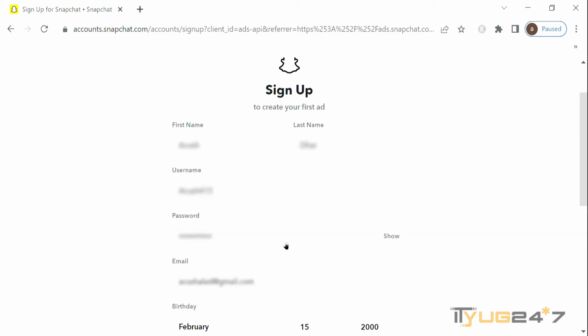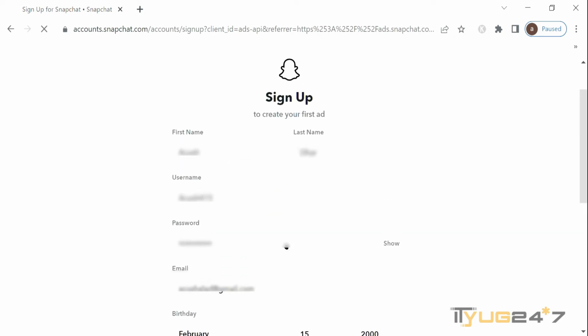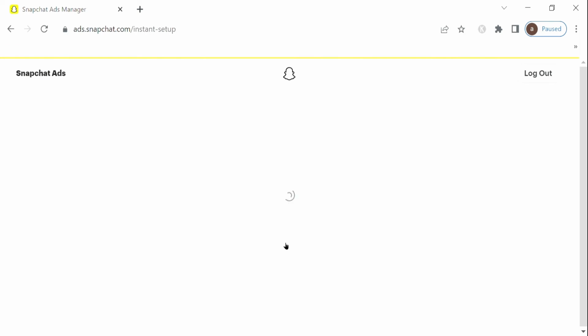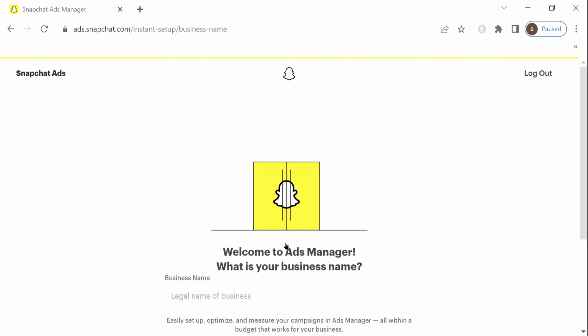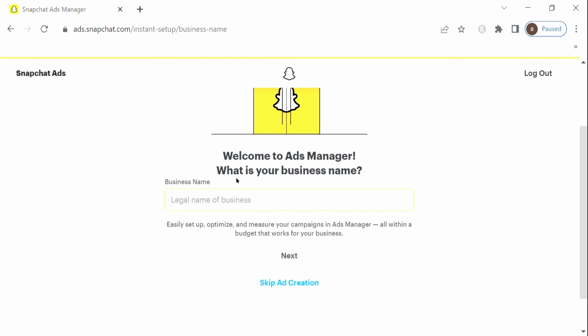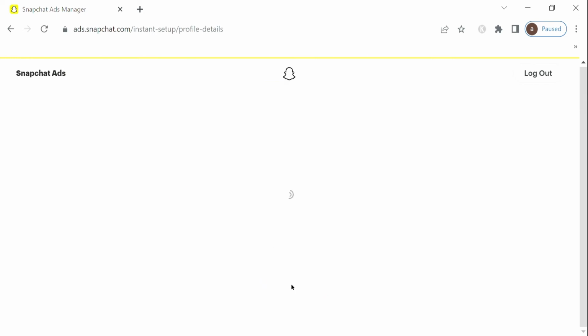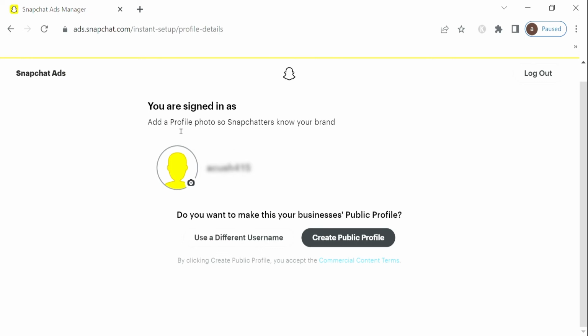Hold on a second, let it load a bit. Till the time I'll just check the details and that's it. This is your Snapchat account. Just scroll down and it says welcome to Ads Manager. What's your business name? Just skip ad creation, tap on it, and after that you are signed in as whatever